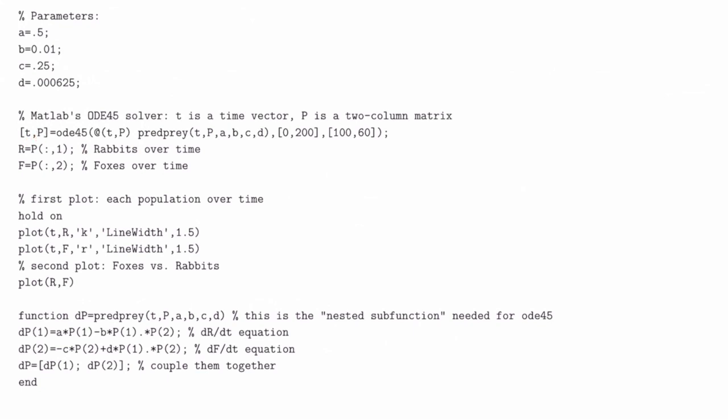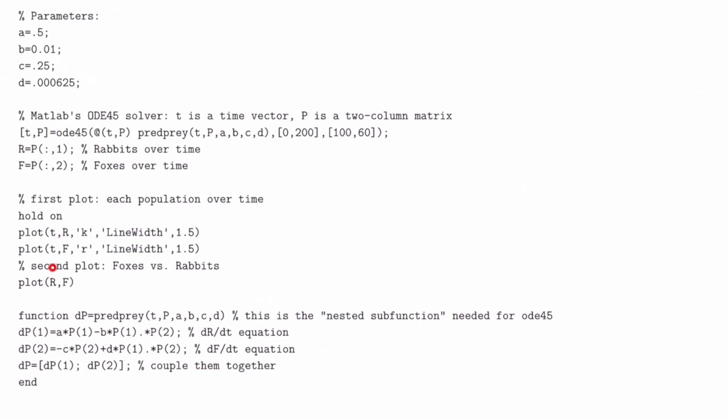P is a matrix with two columns where the first column is the rabbit population. Each entry in that matches the time entry. So the first entry will be the rabbit population at the first time. The second entry will be the rabbit population at the second time in the T vector. And ditto for the fox population, that's in the second column of P. So P is a matrix encoding both the rabbits and the foxes,